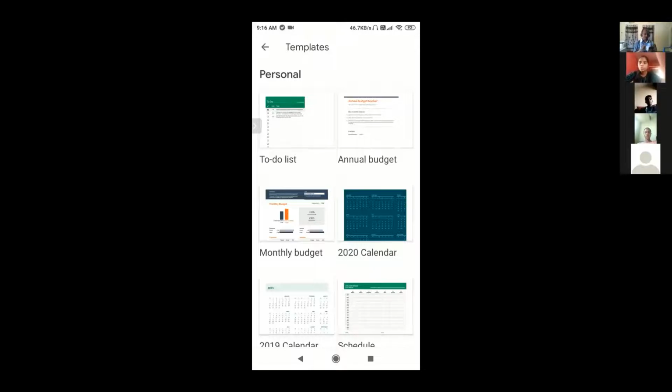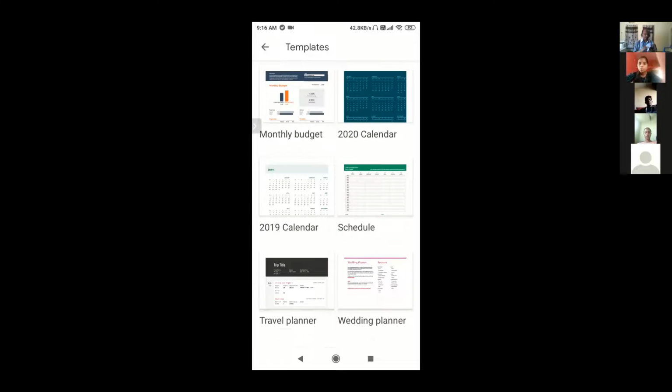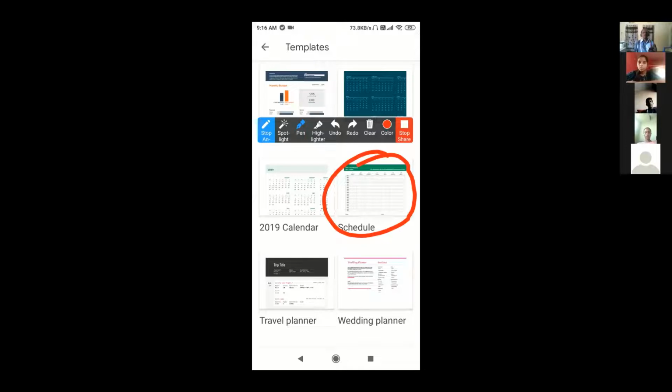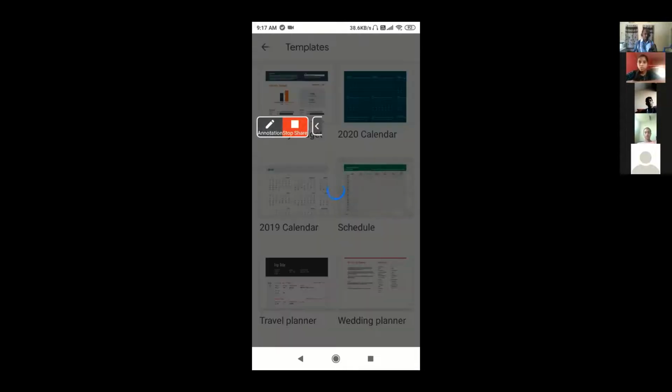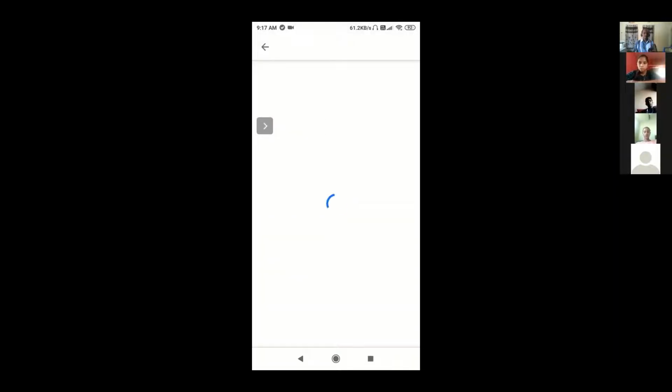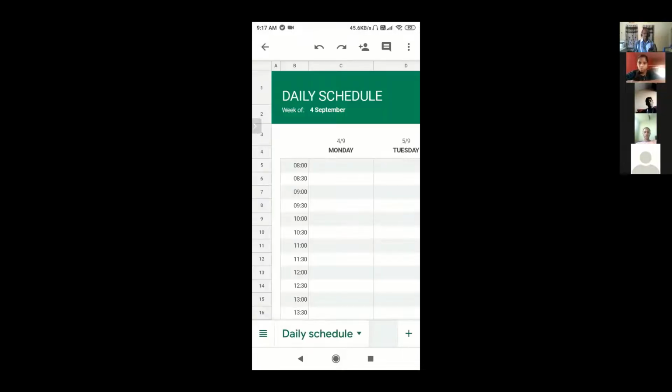You have to select the schedule template. Where is it? Schedule template here, next to that calendar, correct? See this one. You have to select this one. Okay, we'll select that one and start. You have to click on it. Till now, any doubts? How to install and how to open? Everything is clear to you? Yes, sir. It's clear.